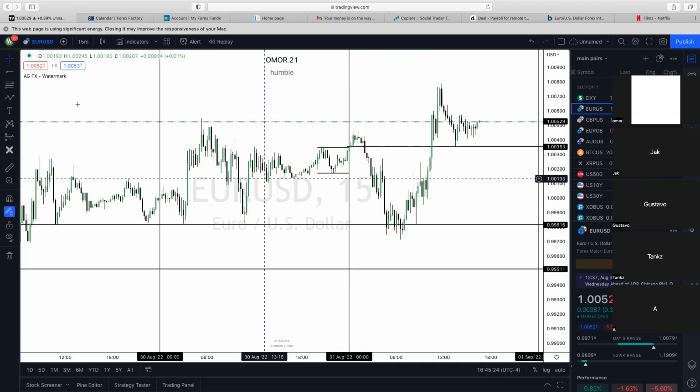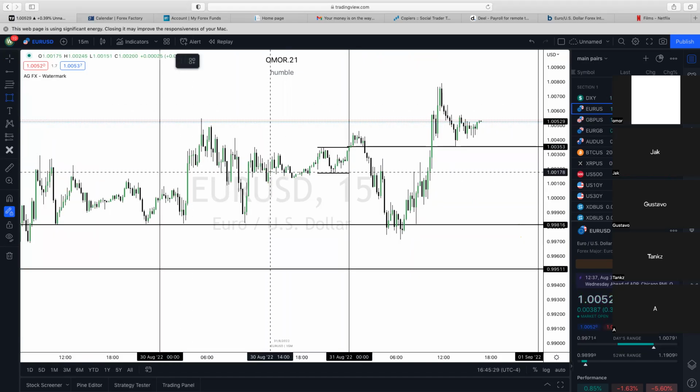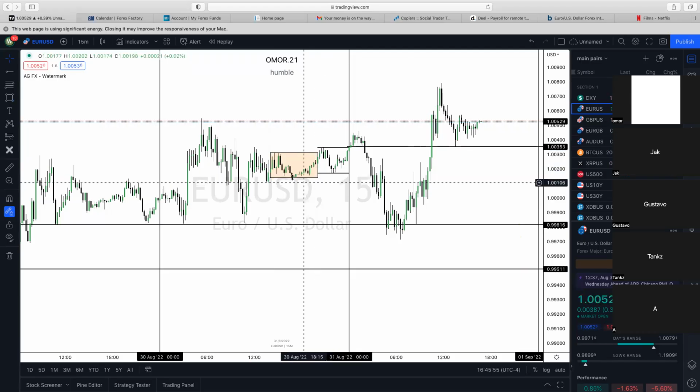If you want to go over the CBDR, it's essentially this. It's another measure of protraction that we use as traders. So you use the price from 2 to 8, and you find the highest and the lowest price from 2 to 8. So this is the highest price, and this is the lowest price. Right? So this is the highest price, this is the lowest price. And then what you want to do is,